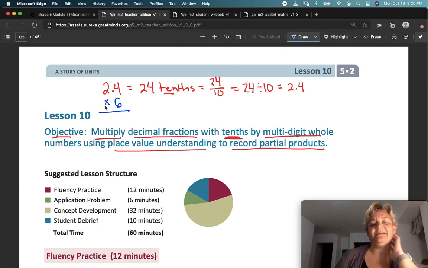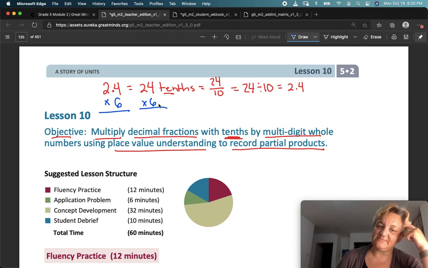Multiplying by decimals is sometimes a little tricky, but let's break it down. Instead of saying 2 and 4 tenths times 6, let's say 24 tenths times 6. This looks a little bit easier, doesn't it? So 6 times 4 is 24. Carry the 2. 6 times 2 is 12, plus 2 is 14. Now I have 144, but I have to bring down